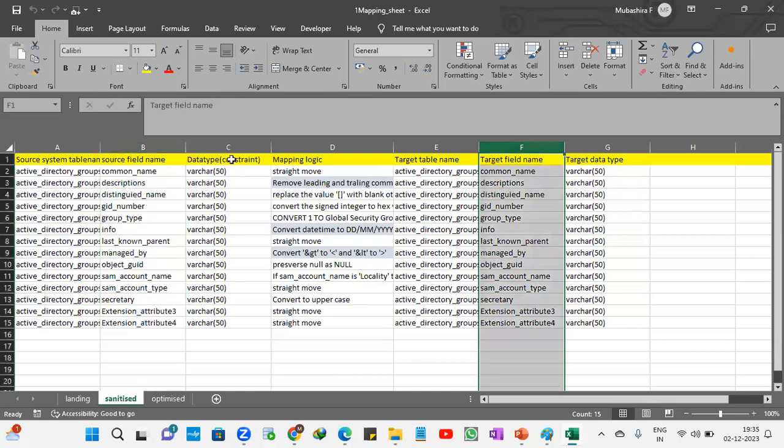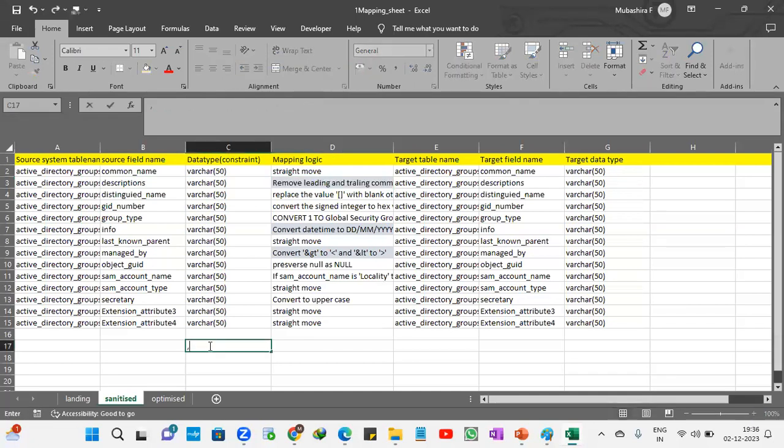So this common name will move to sanitize. While moving the data, they have given a straight move, which means whatever data we get for the common name column, we should move it to the target with the same value. Let's suppose for the description column, they are asking us to remove the leading and trailing comma.